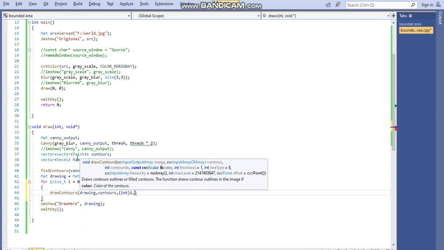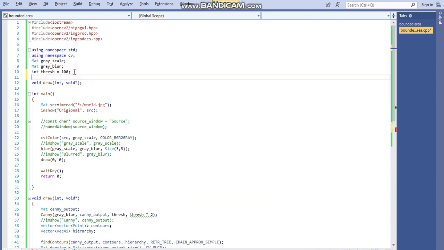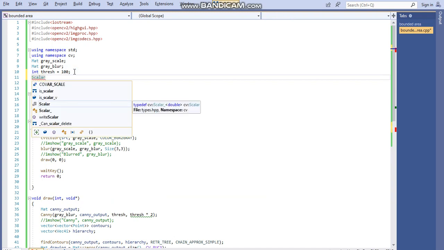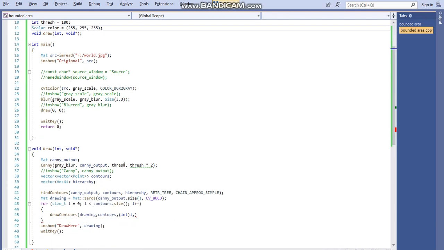Then we need a color, so you can define the color globally here. Suppose Scalar color equals 255, and Control S. That is blue.